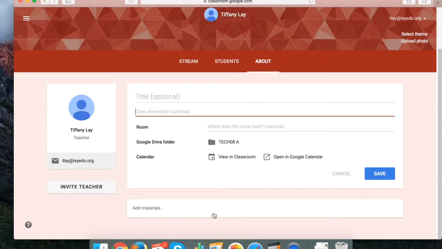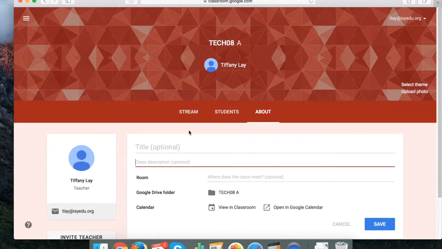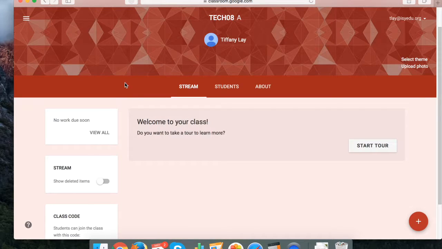And this is a really great place for you to add resources for your class. So if you've got something, say, how to cite sources or the 5 traits for writing or something along those lines, this is a really good place for you to post it, and you can post as many different things. It can be videos, it can be PDFs, all that stuff, and you can post it here. But we will spend some time later on talking about that. So just going back to the stream,